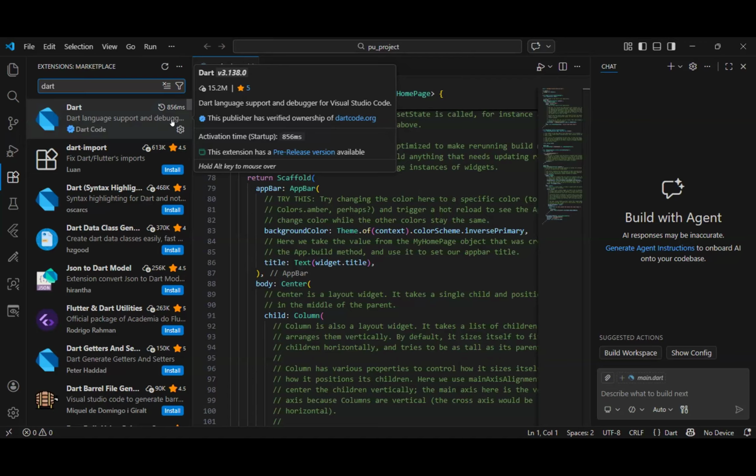No, sir. So this is how we add the Dart programming language to VS Code. Just download VS Code and then add the extension and you are ready to go. We'll start coding from next week. So that's basically it. We've seen how to download VS Code. We've seen how to add the Dart extension.